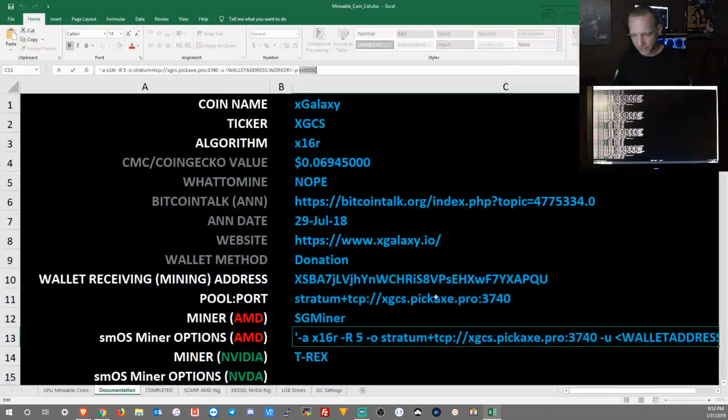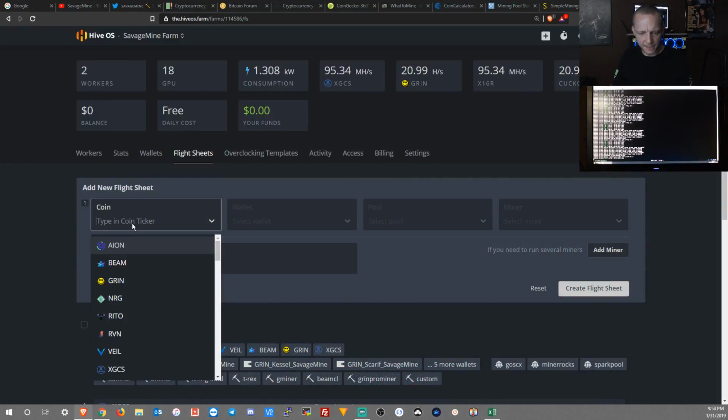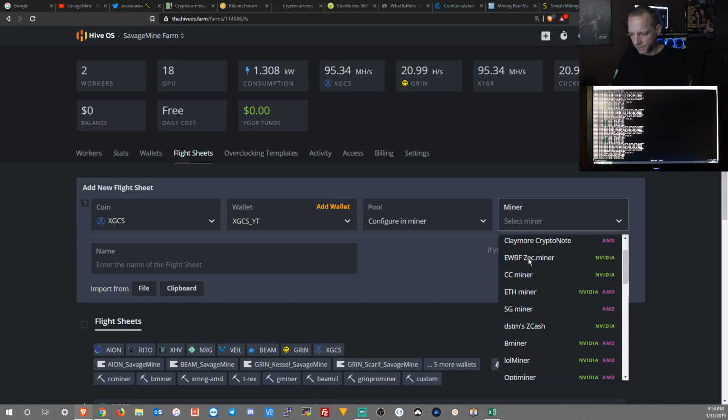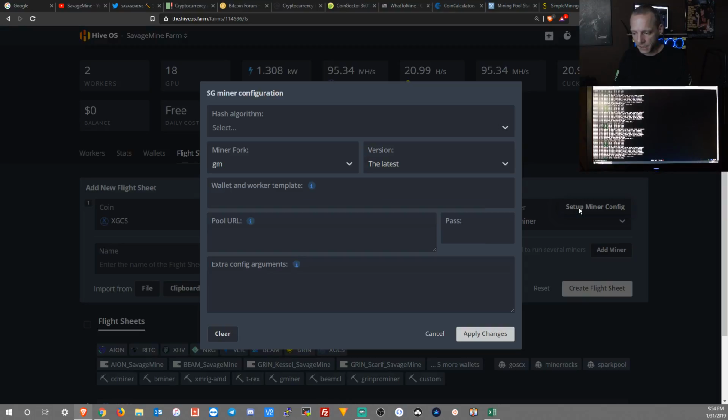So we need to get our address again. And pretty much the only thing that's going to be different is the miner. So the miner options might be different, you know. So we'll have to look at that. Choose the same wallet, configure a miner for the pool, and then over here we're going to use SGMiner. You can see right here how it's AMD, and there are probably other options, but I don't know what they are for x16r and AMD. There's probably not a lot of options. SGMiner just happens to be one of them. So we click Setup Miner Config,